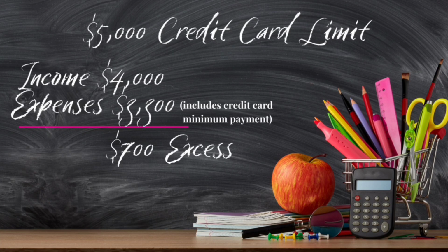And then you have $3,300 in expenses, and those expenses include your credit card payments. And then that means you'll have $700 in excess or leftover or cash flow. Now,